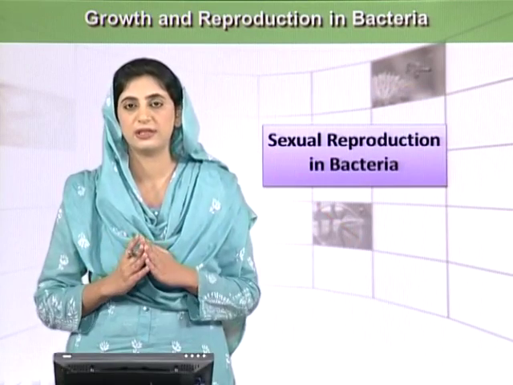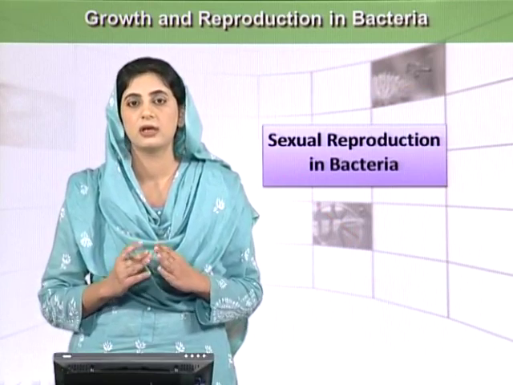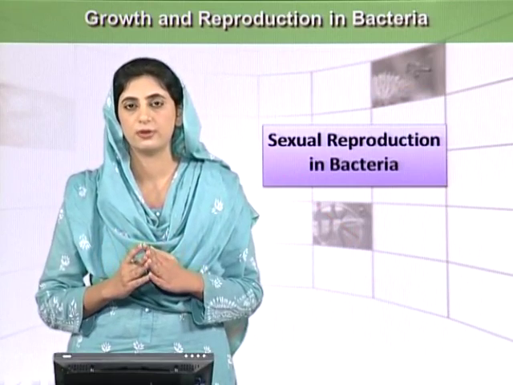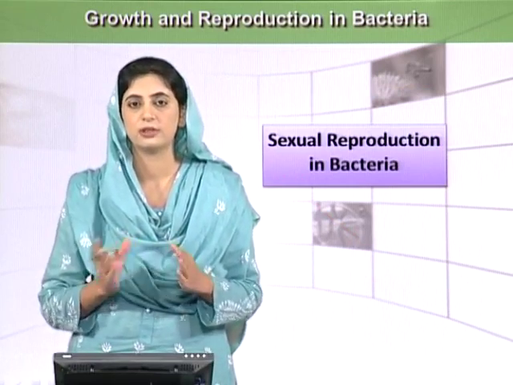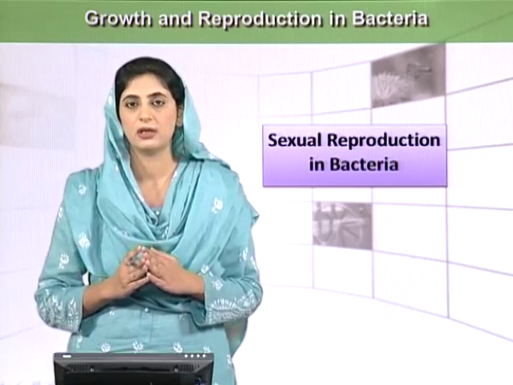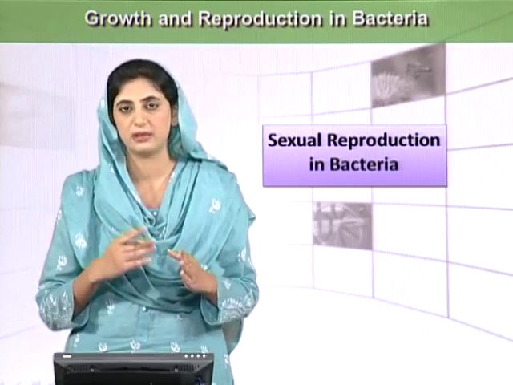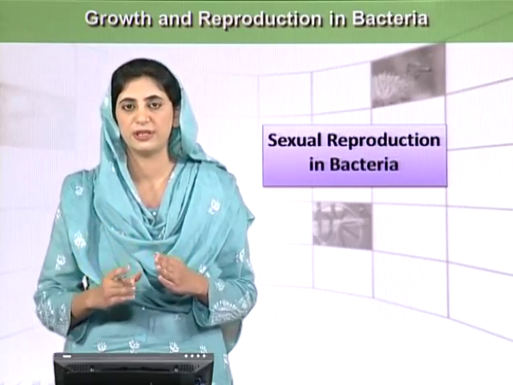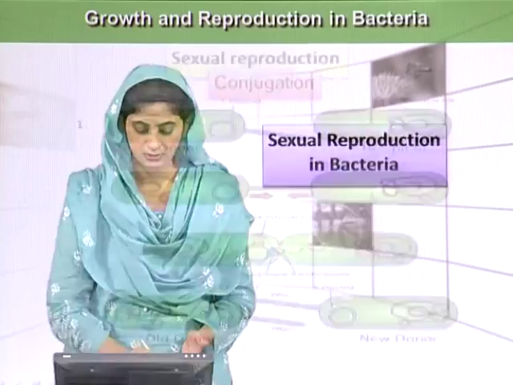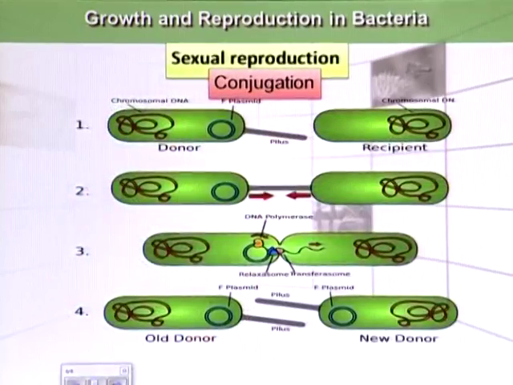So in addition to asexual reproduction, bacteria also reproduce by sexual means in order to produce recombinants. Because in asexual reproduction similar cells are produced, but in sexual reproduction recombination occurs, and there are three types of sexual reproduction in bacteria. Number one is conjugation. In conjugation, there is a structure called a pilus, and through this pilus